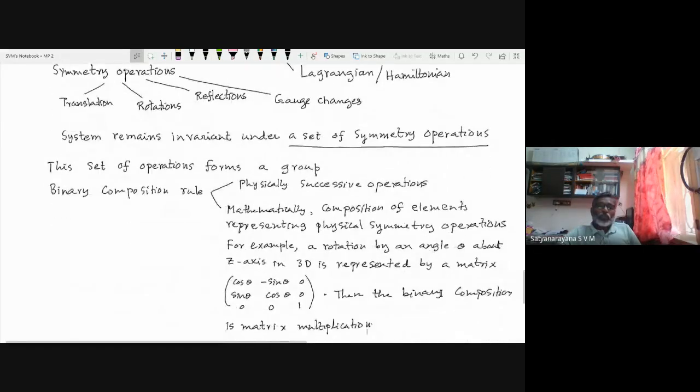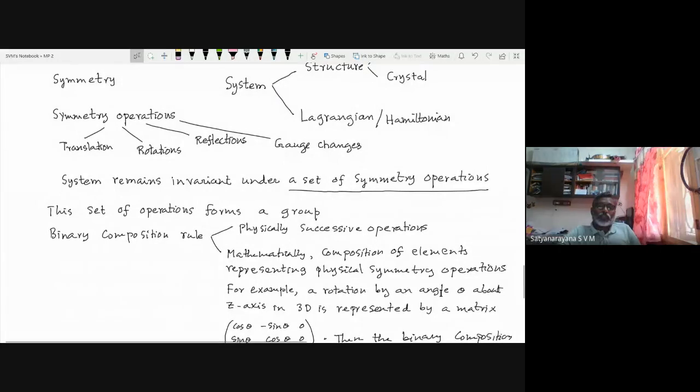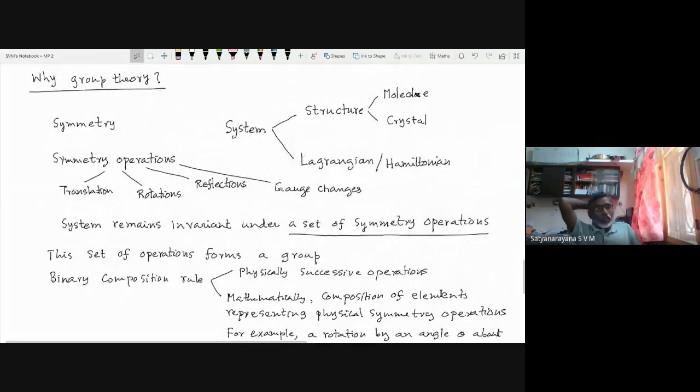So at this moment, I am trying to just say that there is a very important connection. For example, suppose you take a particular structure, let's say a molecular structure, something like this, then you can actually use the tools of group theory and then predict